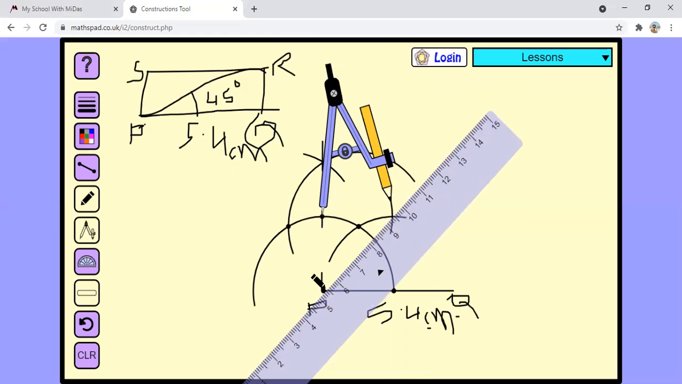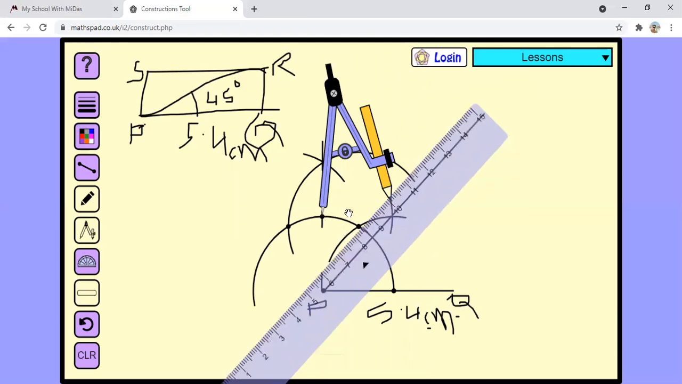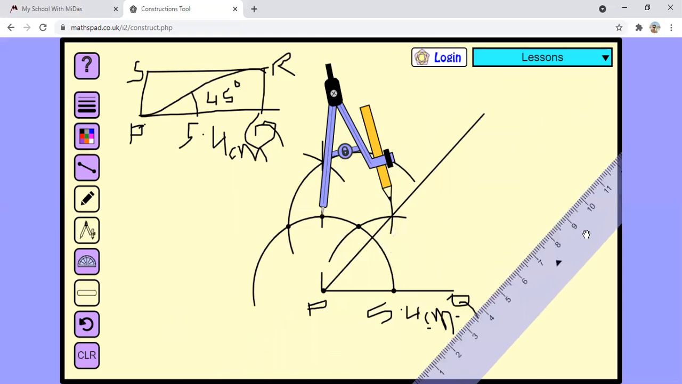Okay, join this with this point with the help of a straight line, and this is 45 degree. Okay, this is 45 degree as we have drawn, and you can write here 45 degree. Okay, excellent. Now as we know that there is not given any other side, and we know that this angle,